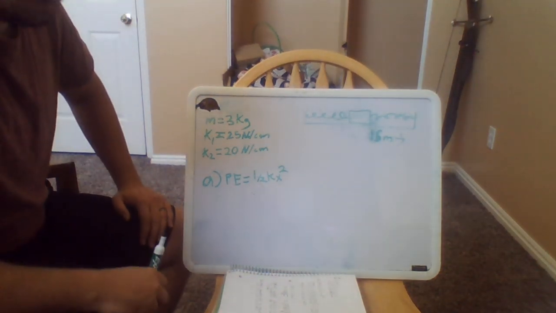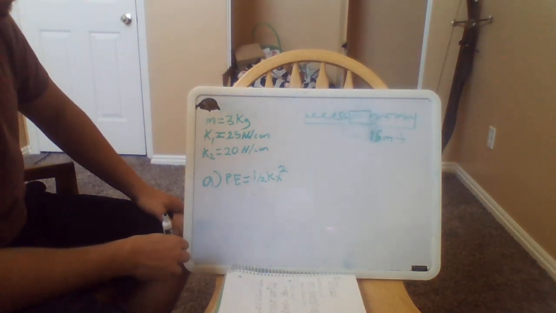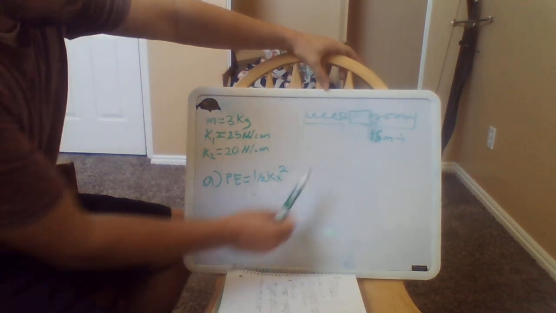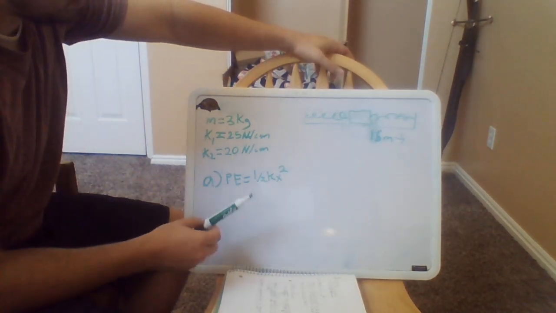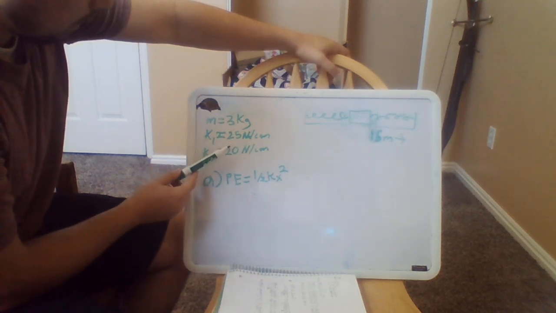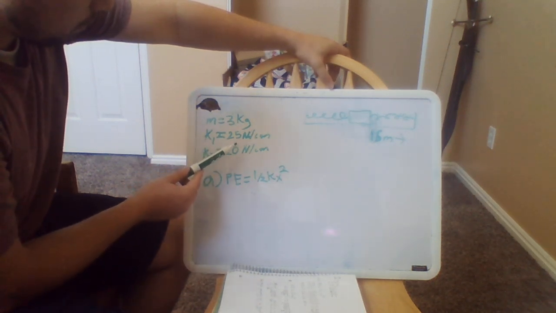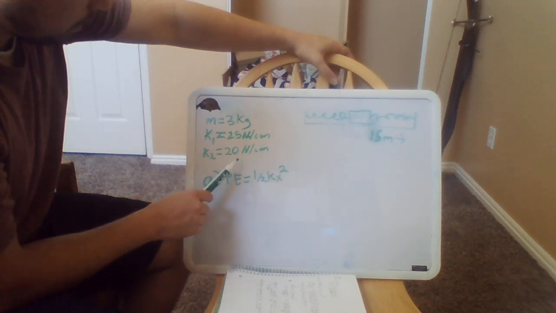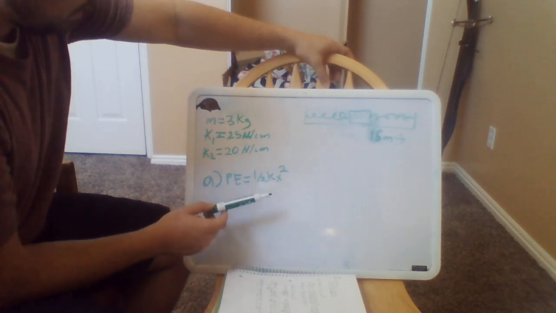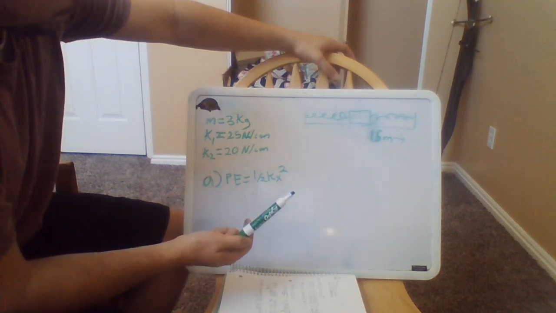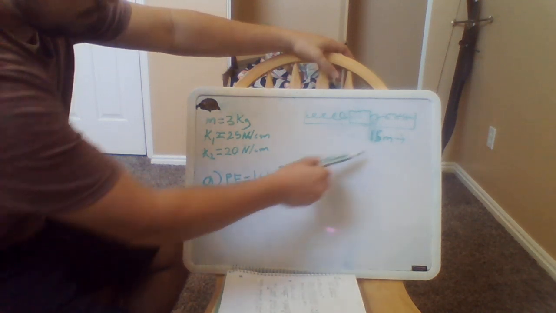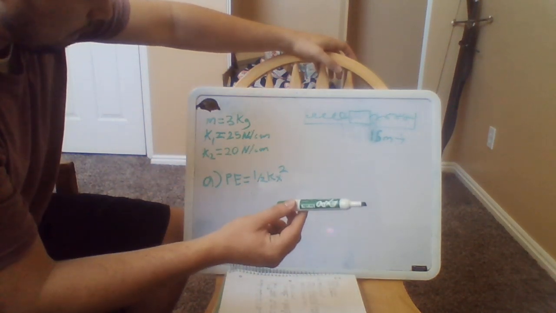Okay, this is problem 62 from chapter 7. Hopefully you can kind of see it, but we have this block in between these two springs. We're given that one spring has 25 newtons per centimeter force, and the other one has 20 newtons per centimeter of force. The block is 3 kilograms, and the block is pushed 15 meters to the right,